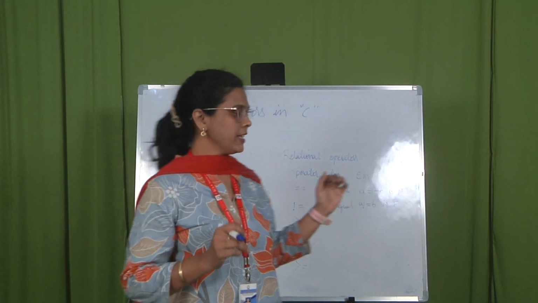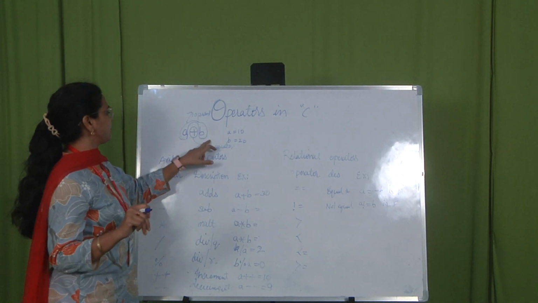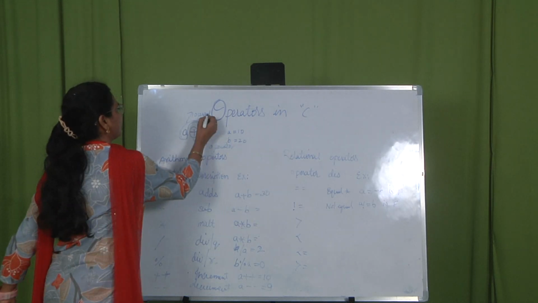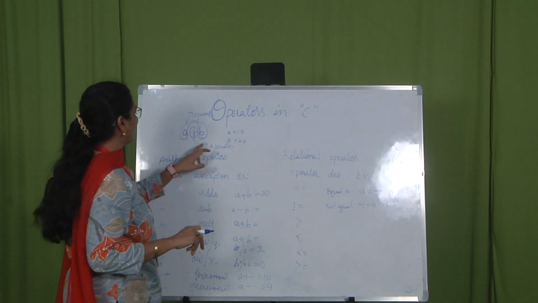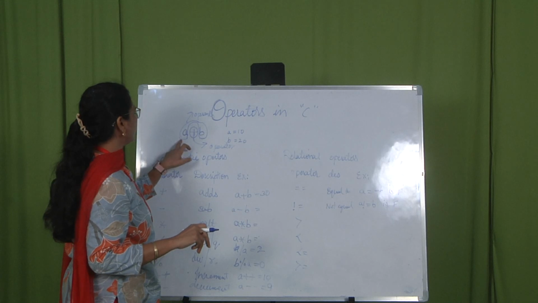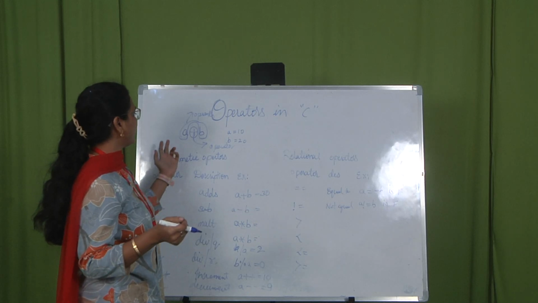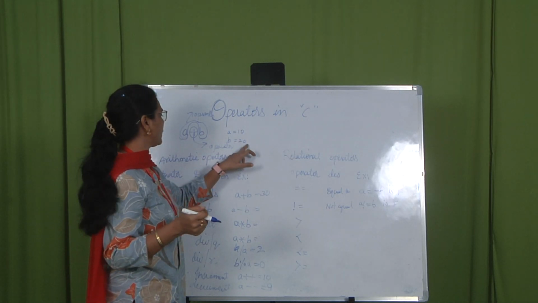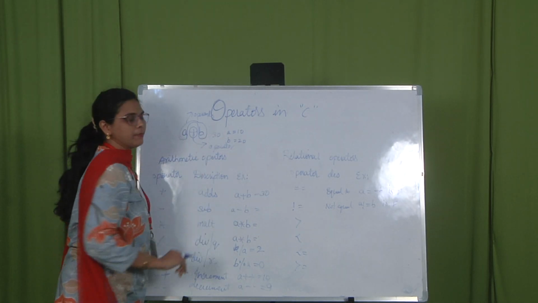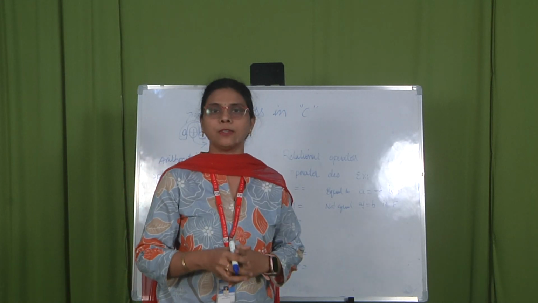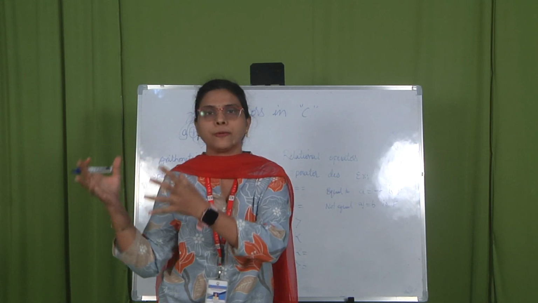performs some operation. Take an example: A plus B. A and B are called operands and this plus symbol is called the operator. This operator acts on A and B and gives some result. For example, if A is 10 and B is 20, A plus B gives the answer 30. So an operator is a special symbol which performs some operation. It tells the compiler to do some specific operation.